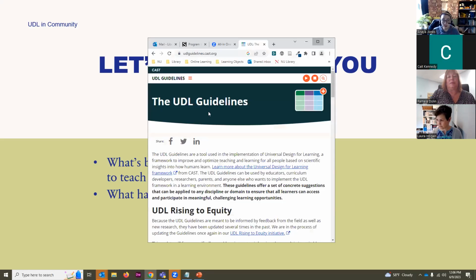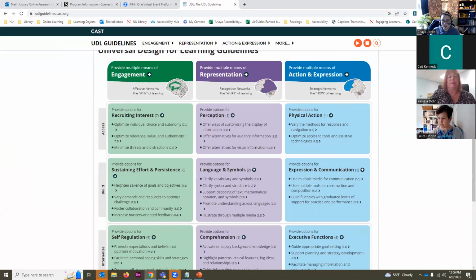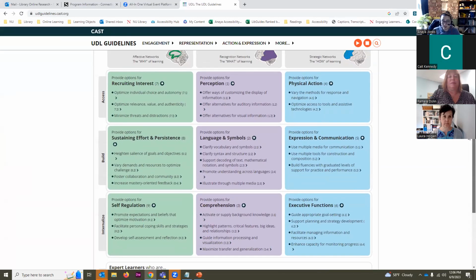See. So they have this really great kind of chart format for the different guidelines. And I think the ones that are harder to engage, especially when we're talking about one-shots or library instruction that might be more limited, might be things like guiding appropriate goal setting. Like, that's not impossible, but it may be something that we have to work a little bit more intentionally to